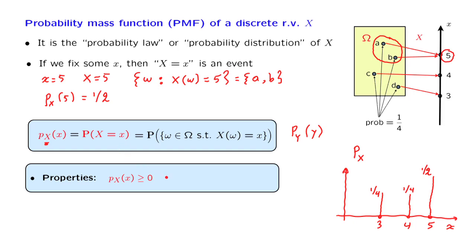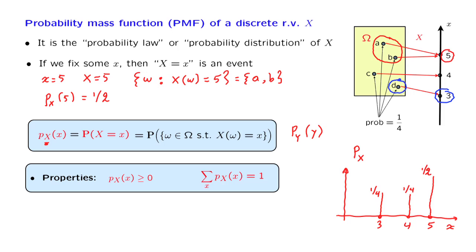In addition, since the total probability of all outcomes is equal to 1, the probabilities of the different possible values of the random variable should also add to 1. So when you add over all possible values of little x, the sum of the associated probabilities should be equal to 1. In terms of our picture, the events that x is equal to 3, which is this subset of